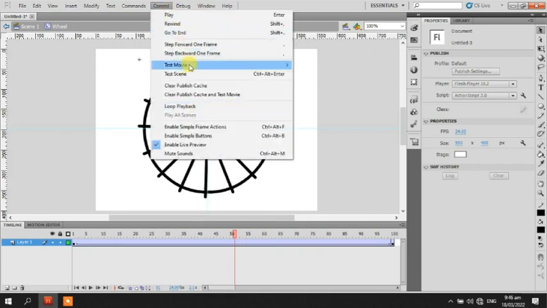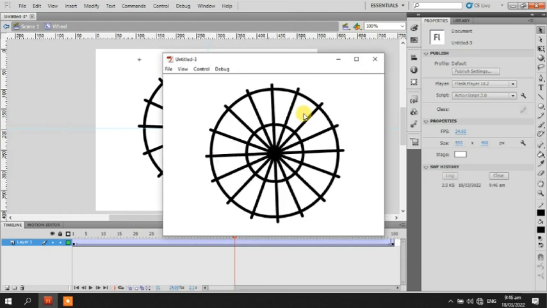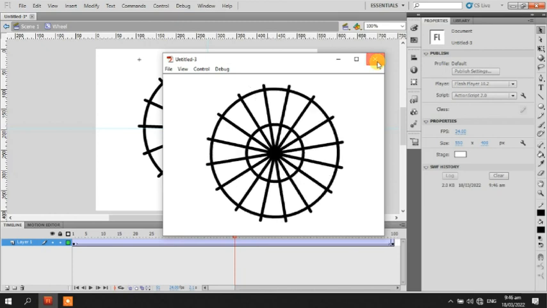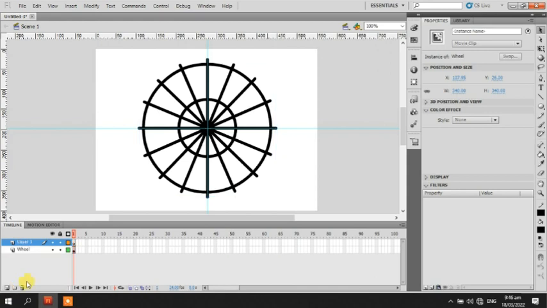And then here we're gonna test move the wheel so we will see how it moves, and then after that we need to go back to scene 1